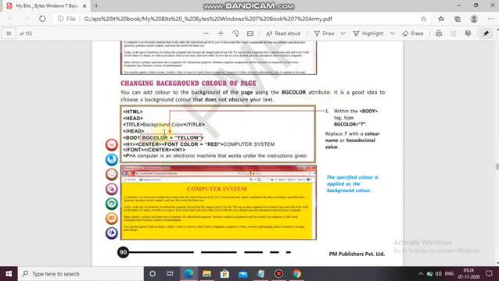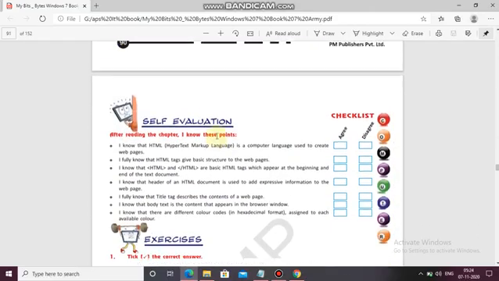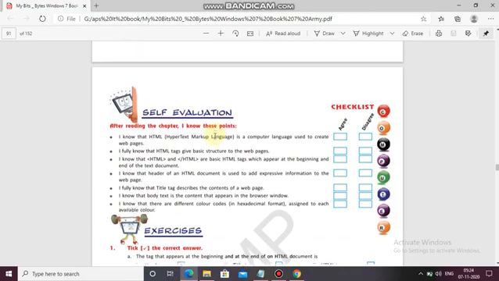So see, body BG color yellow, which I have shown you. Now you can choose any color. Instead of yellow you can use red or else silver, gray, aqua, whatever color you want. So here now your chapter is completed.